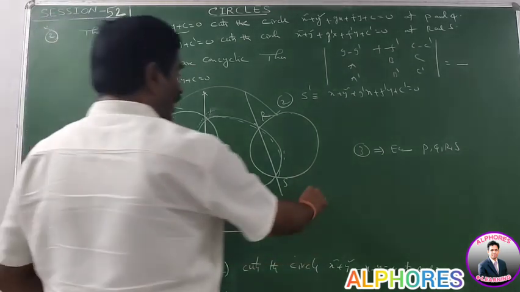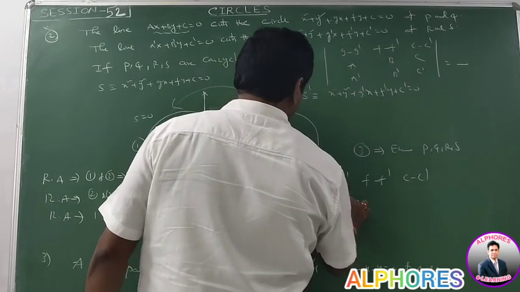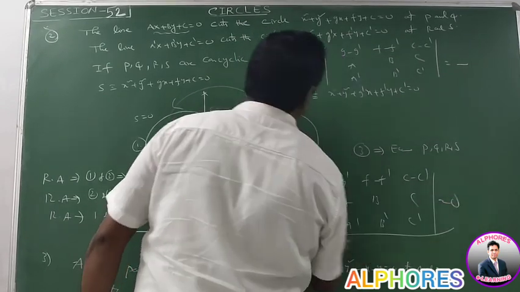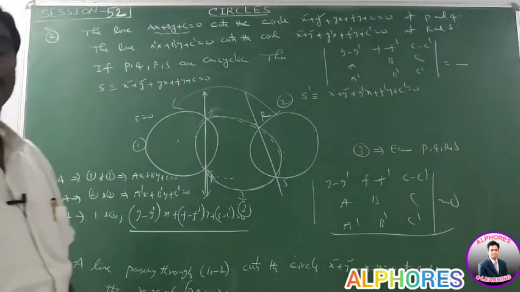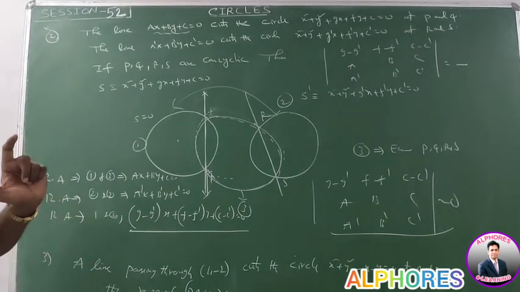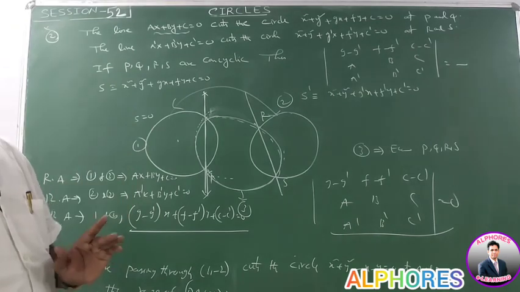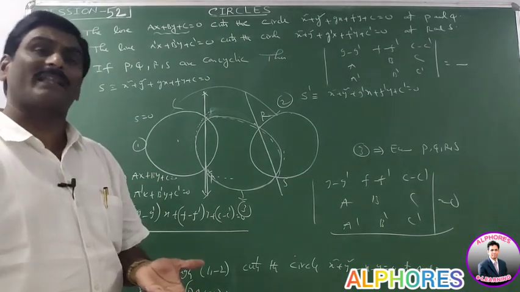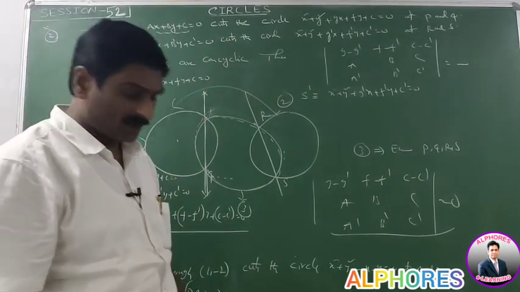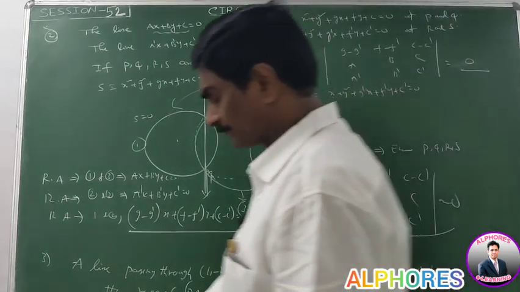That means det of g minus g dash, f minus f dash, c minus c dash, a, b, c, a dash, b dash, c dash is equal to 0. So this value is automatically 0. Very, very important. Here the radical axes of the three given circles taken in pairs are concurrent. If the centers are collinear, they are parallel. If the lines are parallel, then that value is also automatically 0. By using that property, this value is equal to 0. Correct answer is 0. Very, very important. Please note these values.